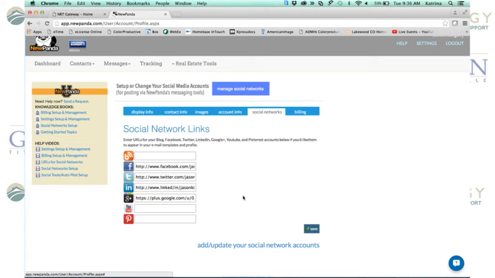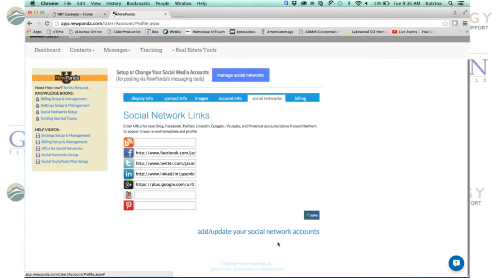So after we click these in here, we'll click Save. There's not a lot of stuff to do on the Save pieces, but when you make a change, do remember to click Save. Also down here, it says add and update your social network. So after you've put them on there, you want to make sure they're actually activated and added. So you'll click on this,